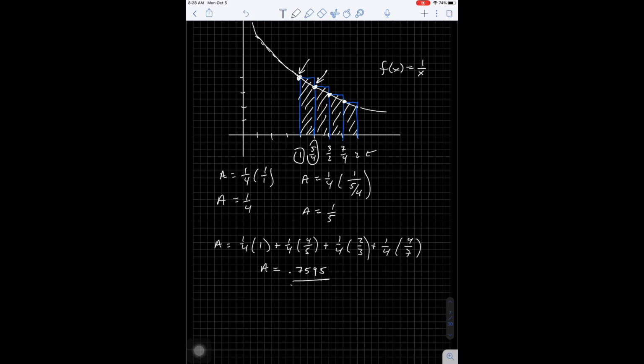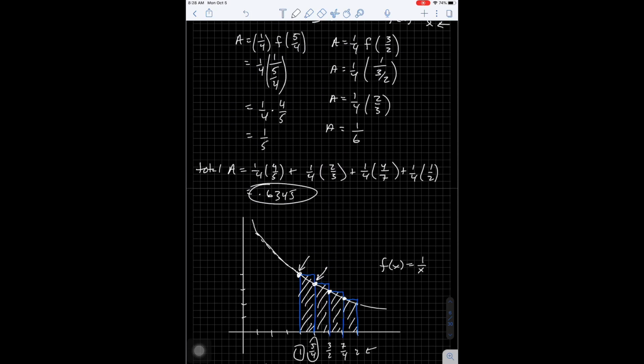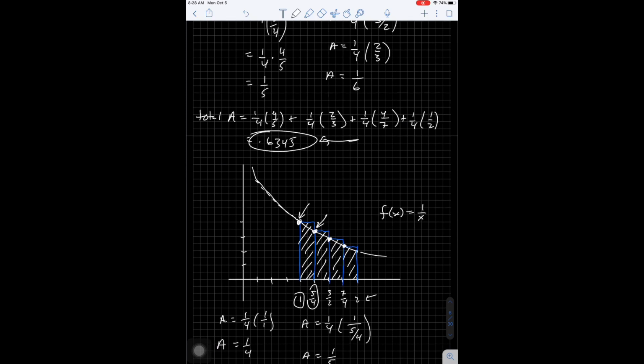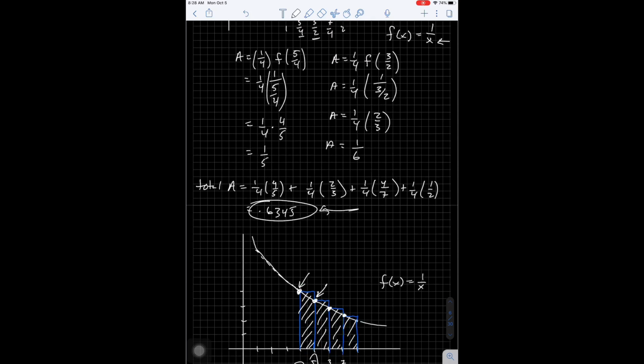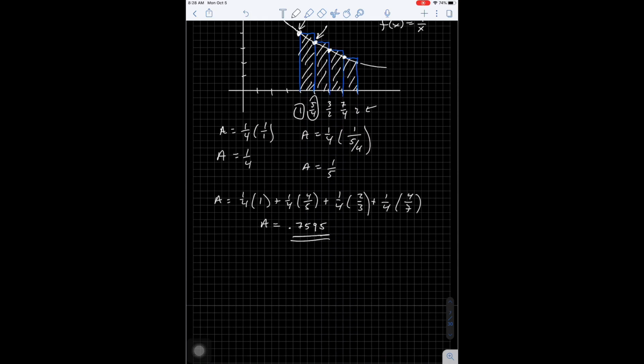Now look at it. This number, 7595, is bigger than my red area, which is 63445, which is correct because the blue is an overestimate, the red's an underestimate. So, you know, you kind of check some of those things along the way and make sure your answers are making sense. Okay, now the deal is that